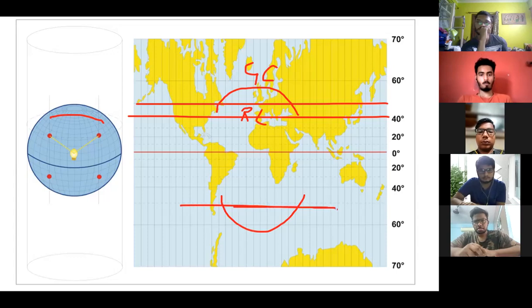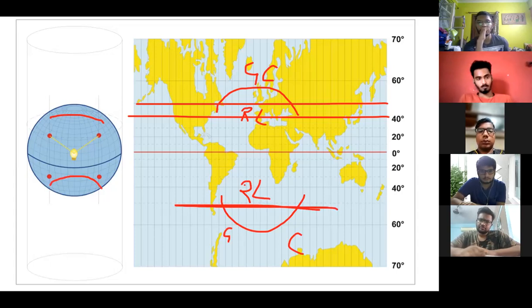Obviously this is south, because this is your rhumb line again, and this is your great circle. If this was an actual earth, the rhumb line was again a curve concave to the pole. Let it be south, let it be north. Rhumb lines will always be curves concave to the nearest pole, and a great circle will be a straight line. Okay, but the same thing happens in the chart.